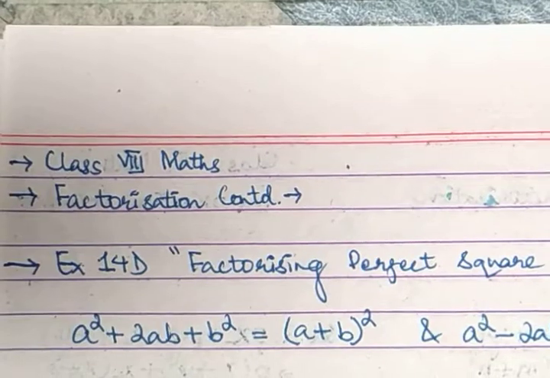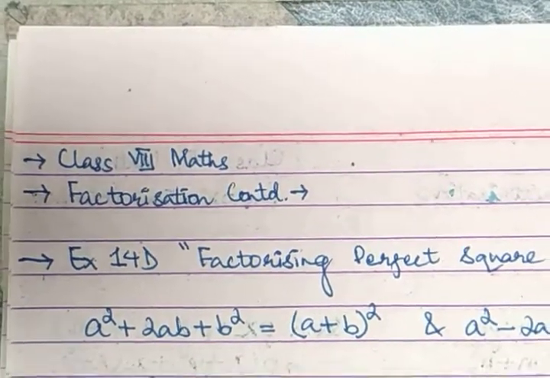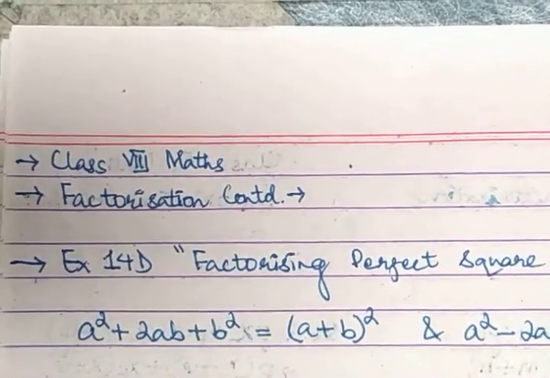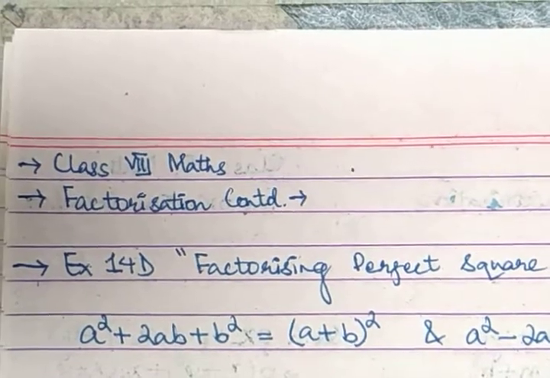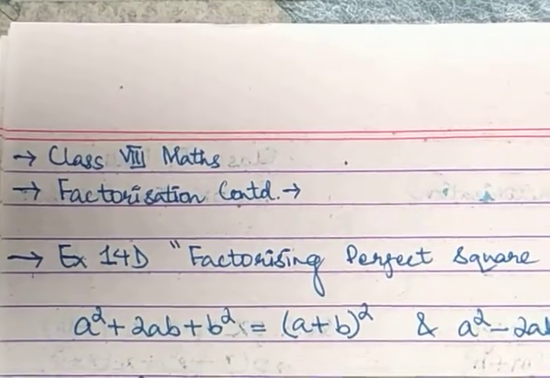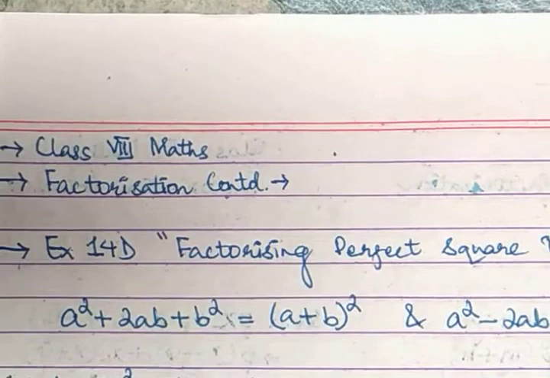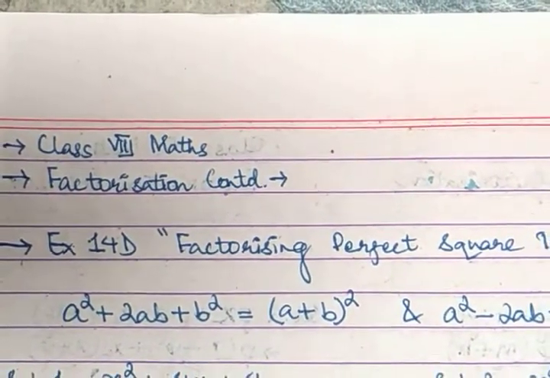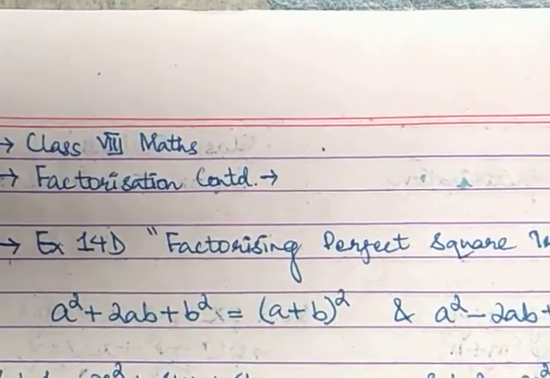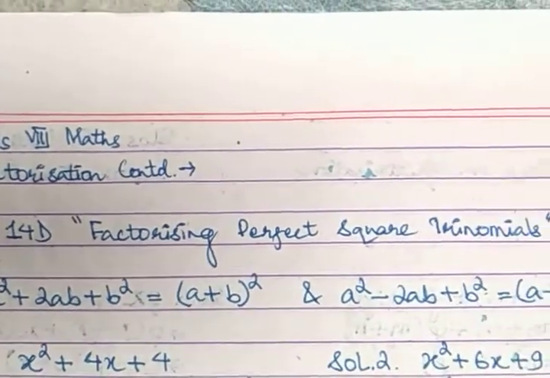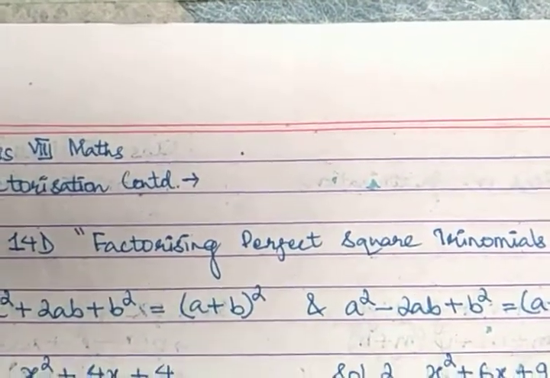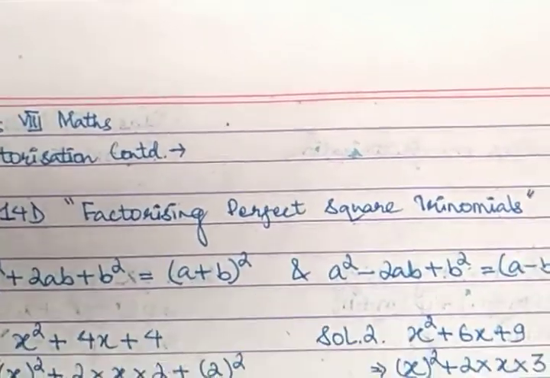Okay, since we're doing the factorization, this one is also a continuation of the topic factorization. In this one, since we're doing variations on the factorization, we'll be doing one of the variations, that is factorizing perfect square trinomials. So before going on to the topic,